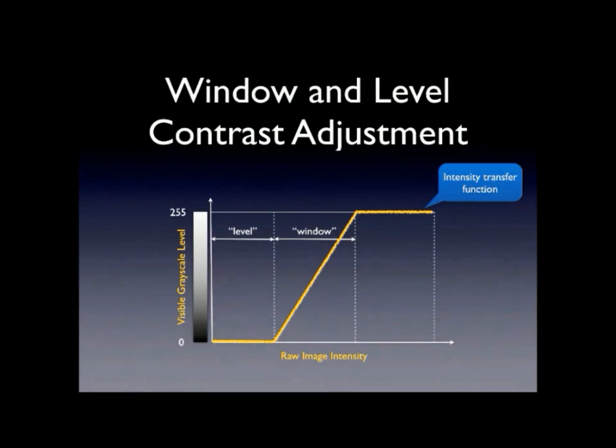So let's look at the basic window and level contrast adjustment. What I'm showing here in yellow is the intensity transfer function. It maps the raw image intensity on the x-axis into the visible grayscale level on the y-axis. So in this case,